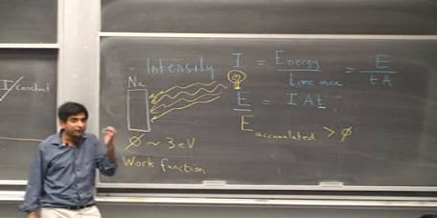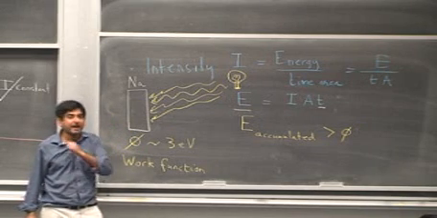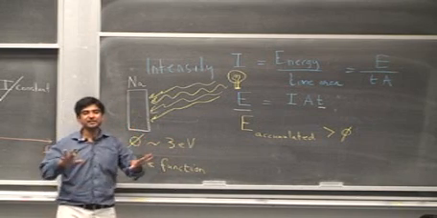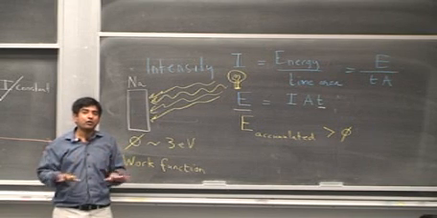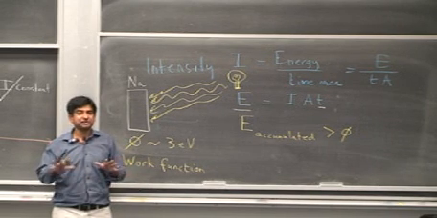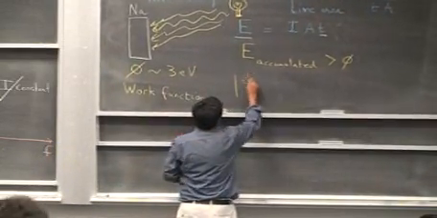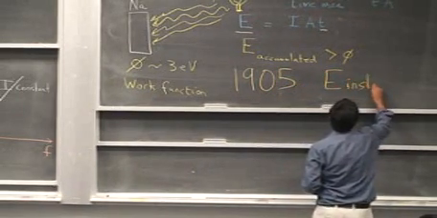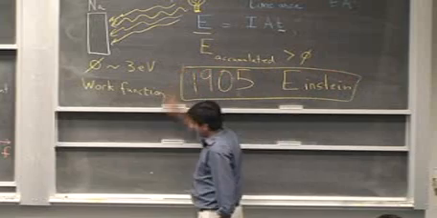But that's not observed. The photoelectric effect is instantaneous. It happens of the order of nanoseconds. So the classical result has failed us. So we must have a quantum explanation of what is actually happening. And that quantum explanation I'll start off on Tuesday. But it was the genius of Einstein in 1905 that he presented an explanation of the photoelectric effect.